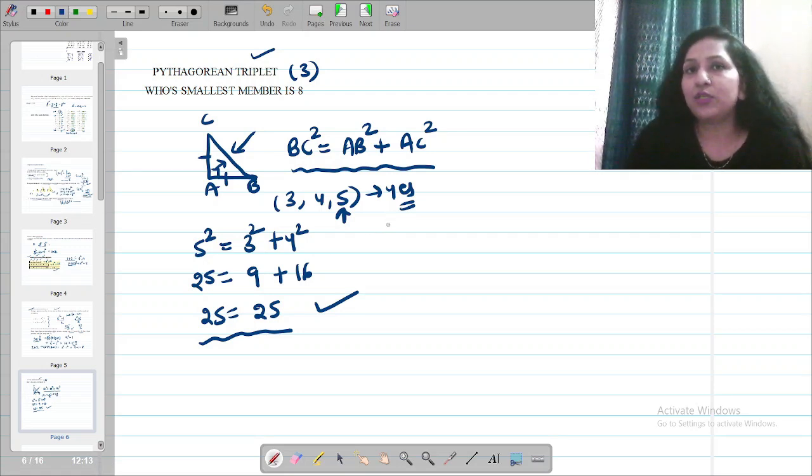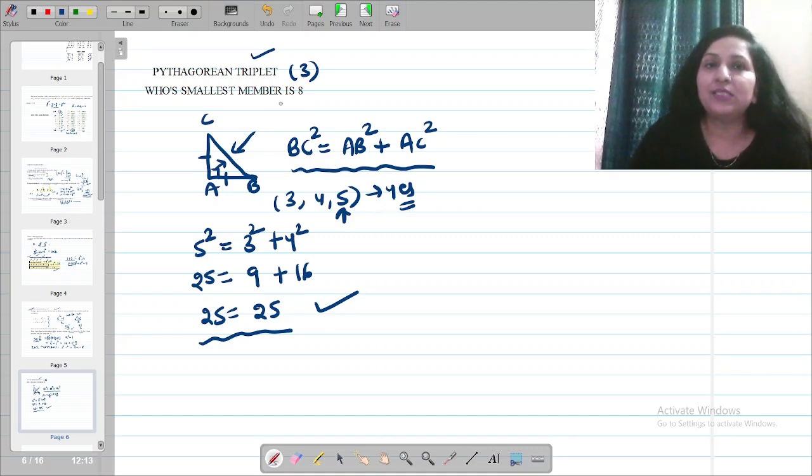Another category of question that you will be getting in grade 8 is where one number of the Pythagorean triplet will be given to you, and it will be specified whether it is just one number, or the biggest number, or the smallest number. So you have to read the question carefully and then attempt it. You need to find the other two numbers of the triplet.